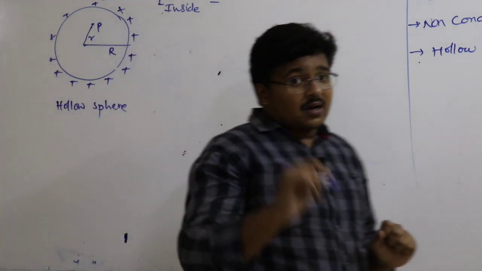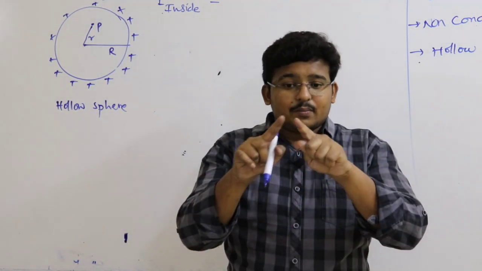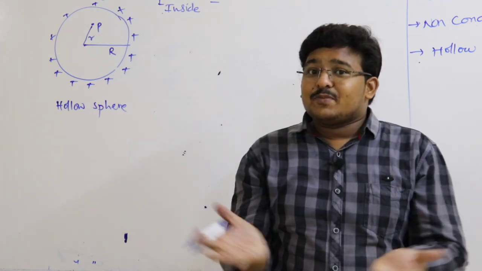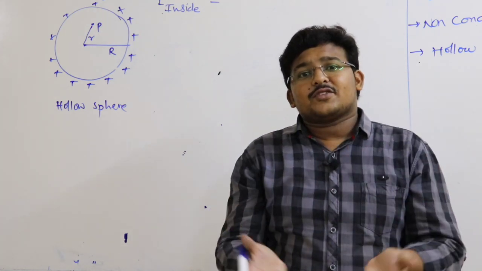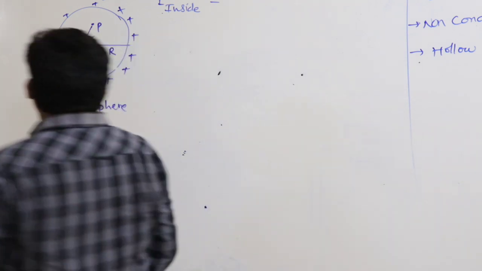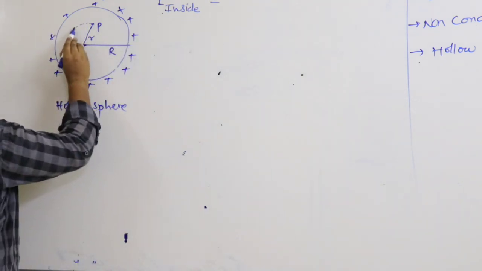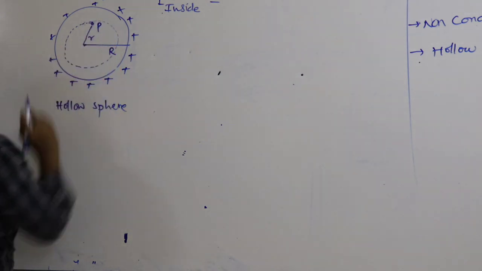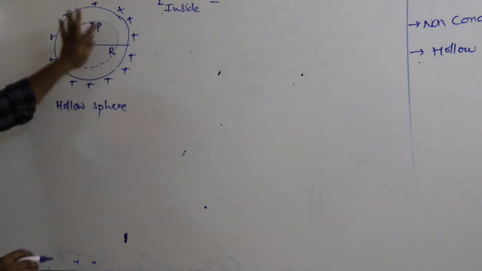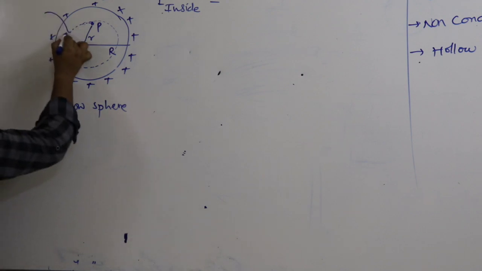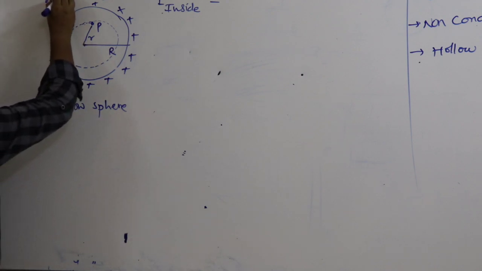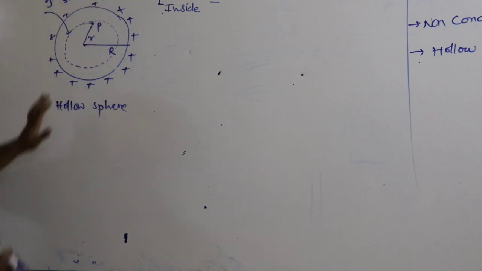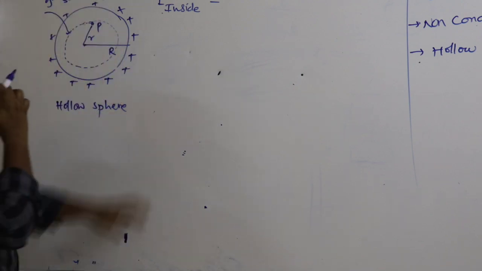Here I am using Gauss law. For Gauss law, you must form a Gaussian surface, and as the symmetry for this sphere, the Gaussian surface is also a sphere. So I can form a symmetrical surface like this. The sphere contains the Gaussian surface. This is called the Gaussian surface. Okay? Right.